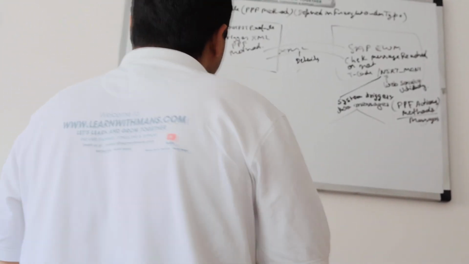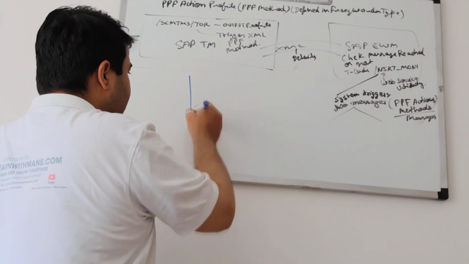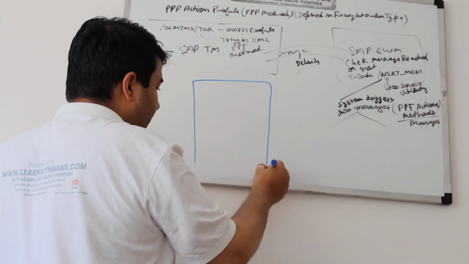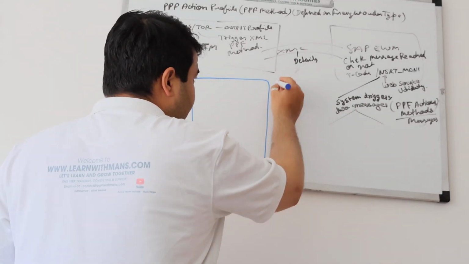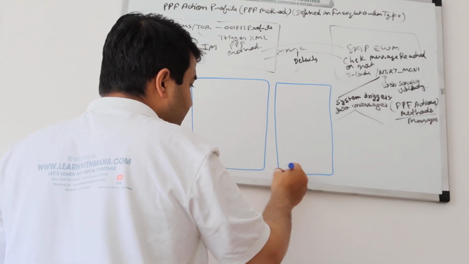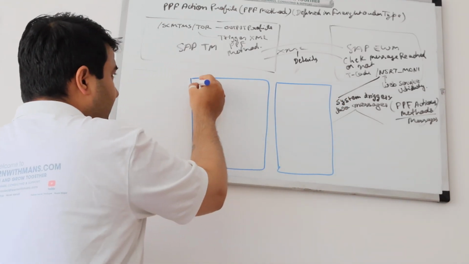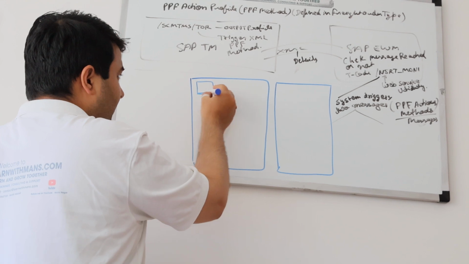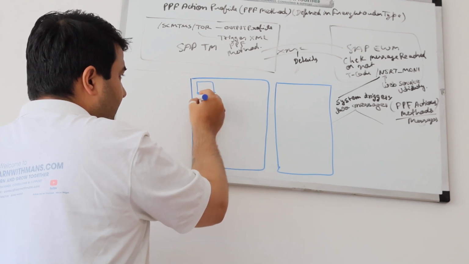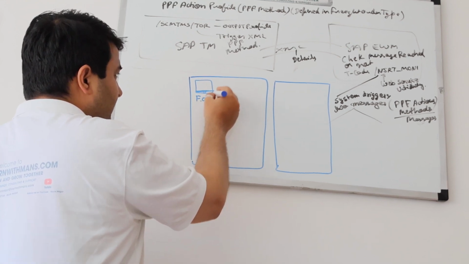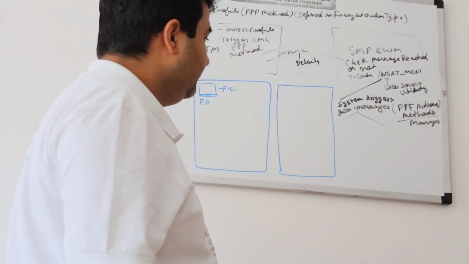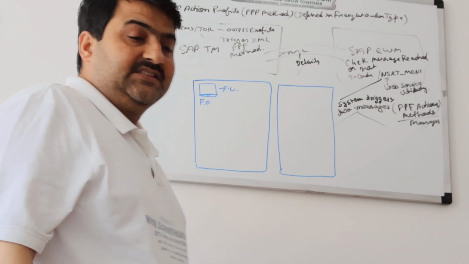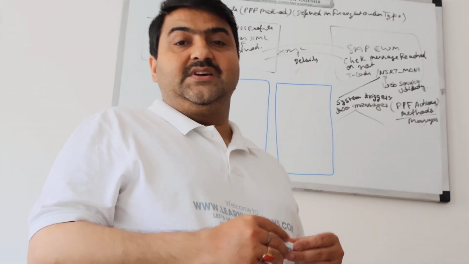Generally what happens, in the transport management system, we create the freight units, okay, we create the freight orders, we create the freight units. Generally on the EWM side, we have